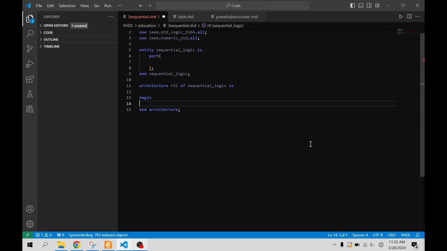And then the second part is going to be about counters. And counters are a little bit harder because they introduce incrementing of logic vectors, and that's not really that intuitive because VHDL is very strict when it comes to type conversions, but it's very simple once you get the hang of it. And then the final one is going to be state machines, and that's going to introduce a lot